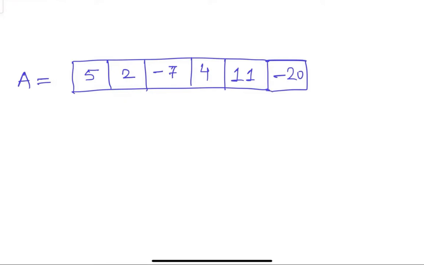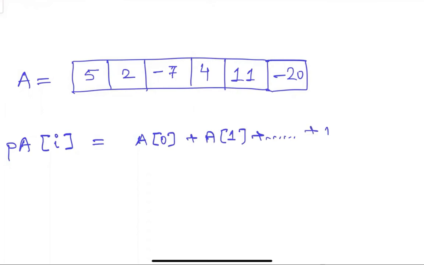We call another array a prefix sum array of A if PA of I is equal to the sum of all the elements from A0 to AI. So this is indices 0, 1, 2, 3, 4, 5. Now, if I have to write the prefix sum array of this array A,